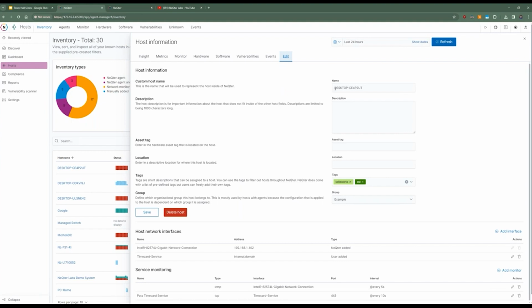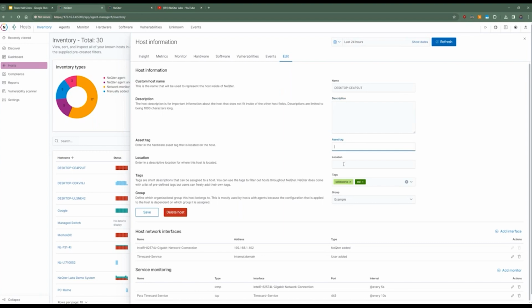If you don't like the automatically pulled host name that the agent assigned, you can type in a custom host name. You can also write in a description area. Descriptions are limited to 1,000 characters, but you can fit a fair portion of detail in here. If there's a hardware asset tag associated with an asset, you can type that in as well.